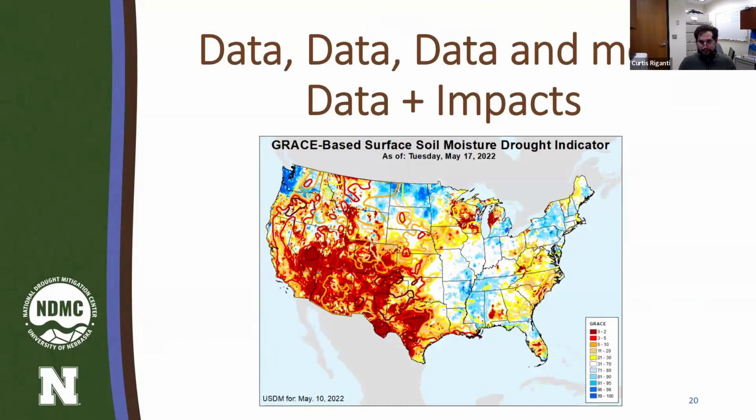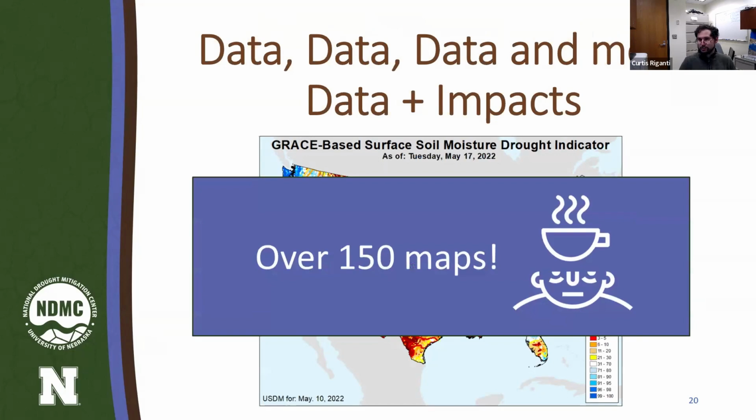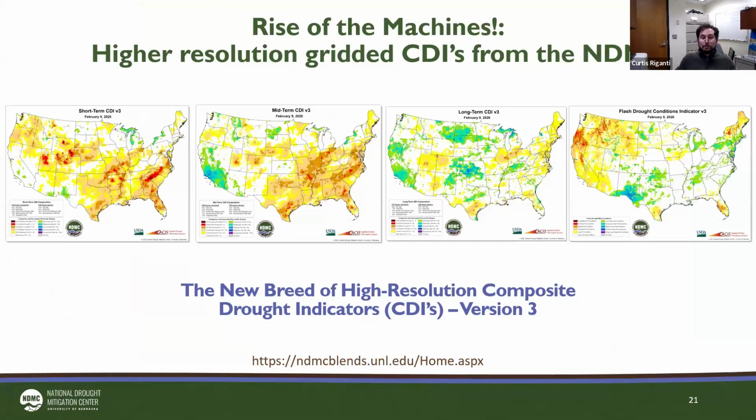So, a lot of talk of data. We do have an online PDF that we release, and we're working on updating this, where we release some of the different maps that we look at as authors. If you looked at all the different types of data sets and all the different associated time scales that we tend to look at as authors, you're going to end up with 150-plus maps, which is a lot for any one person or a single author, and then people on the local level, to analyze. So one thing that we have been doing recently, pardon me for a moment,